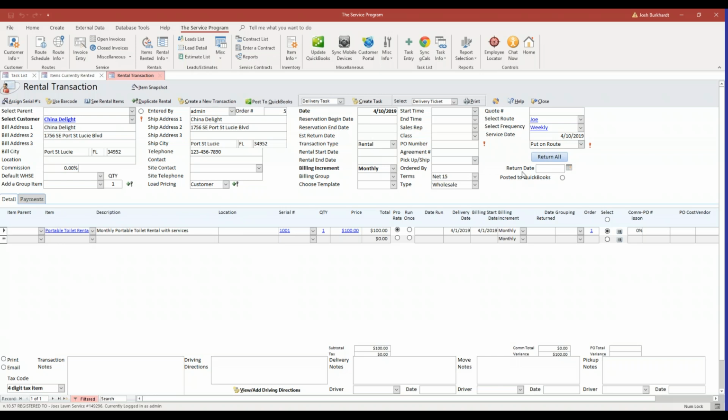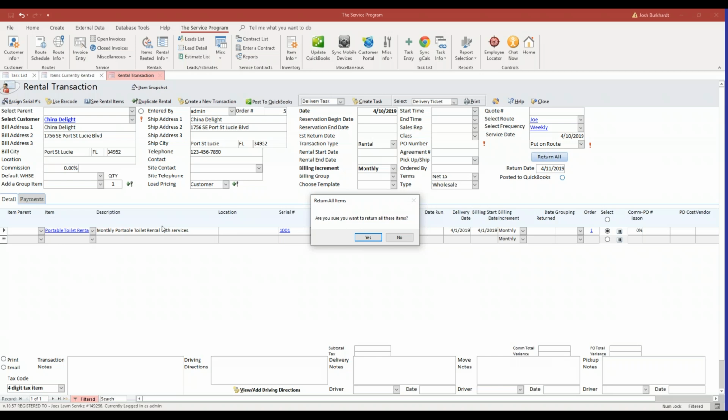So right here, we're going to input a return date. And we'll just use today's date, April 11th. And then we'll go ahead and click Return All. Once we click that Return All button, it will ask us whether or not we're sure that we want to return all of the items on the transaction. So it's very possible that a customer is renting multiple items from you. If you've picked up all of those items, then you absolutely want to use this method and of course select